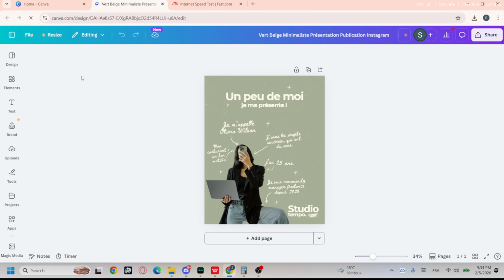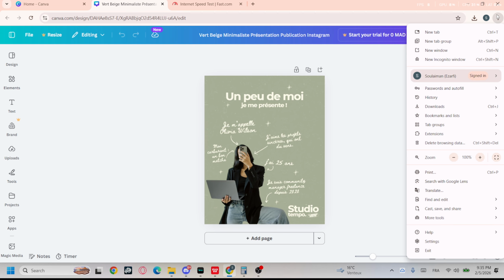So after that, you will need to go to your design on Canva and then just press Ctrl and R on your keyboard, and that will refresh and reload the page, or you can just go with that curved arrow right here on the top left. If that doesn't work, you will need to click on these three dots on the top right of